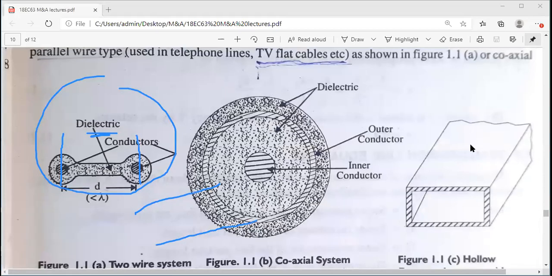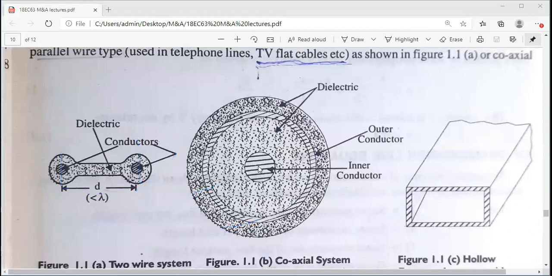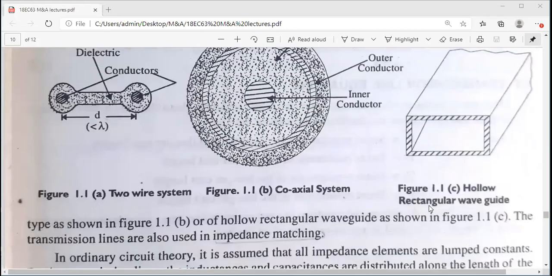And the second one, the front view, is the cross section of a coaxial cable, inside and outside, two conductors. There are two concentric cylinders, one inside the other. And this is one example of a waveguide. Okay, the structure looks something like a matchbox, right? So a metallic box kind of thing. These are available in your laboratories. You can have a view of these waveguides. There are different shapes available in waveguides.